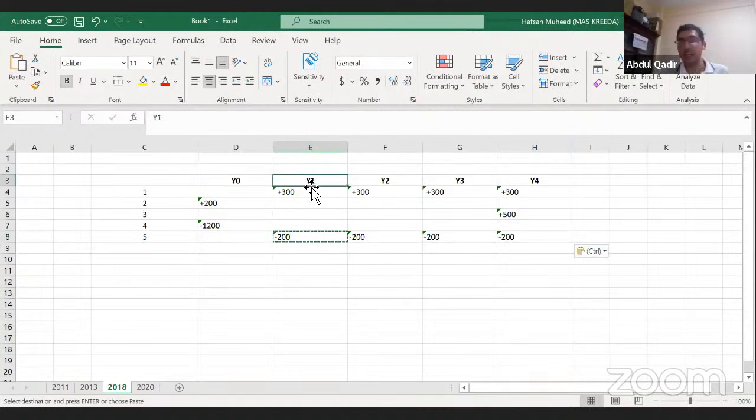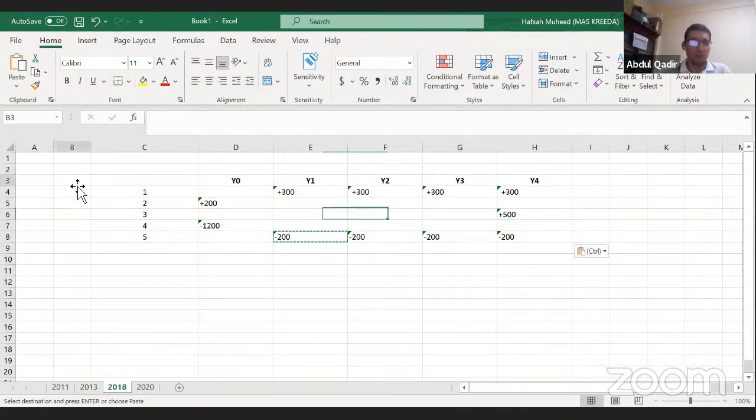Let's say the question says beginning of first year, then you include it in year 0. That is why with working capital, sometimes they will say it is required at the beginning of year 1, so we put the initial working capital in year 0. When they say end of year 1, these are end of years. This is end of year 4, this is end of year 3, like that. If they say beginning of year 4, put it under the 3rd year cash flow. That's how it is.